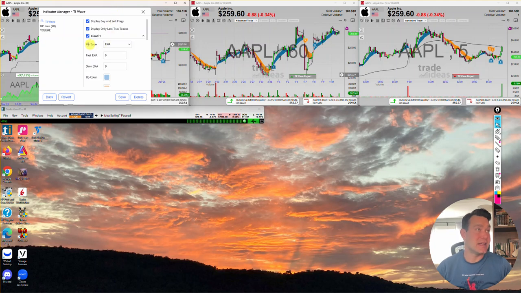So we can see that the moving average type is an EMA, and the fast and slow EMAs within the wave itself are an 8 and 9 EMA. Now if we look here inside the 60-minute chart, there's a line in the middle of the wave. And that is indicating those 8 and 9 EMAs. That's kind of your mean, or reversion to the mean, of the cloud itself that's created here, those orange